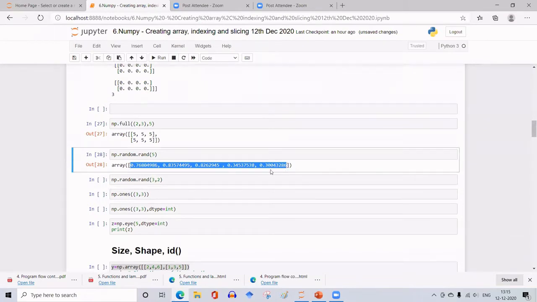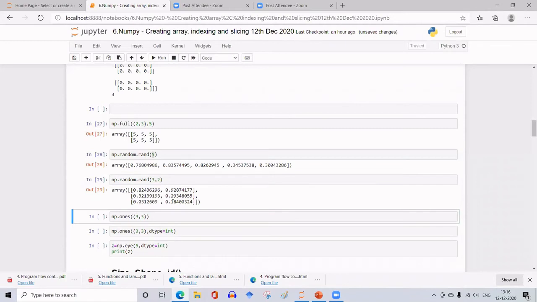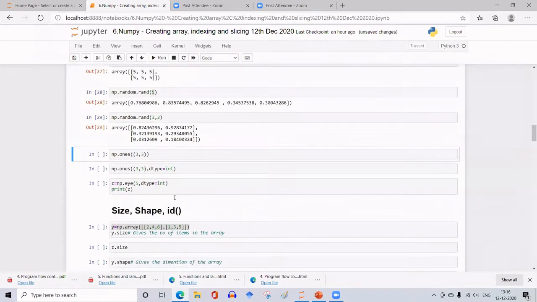All the 5 are random in nature, generated by the function random.rand, and organized as a 1-dimensional array. You can even have random numbers in 2-dimensional array format. Just np.random.rand, then give the dimension of the array you want to fill up with random numbers.